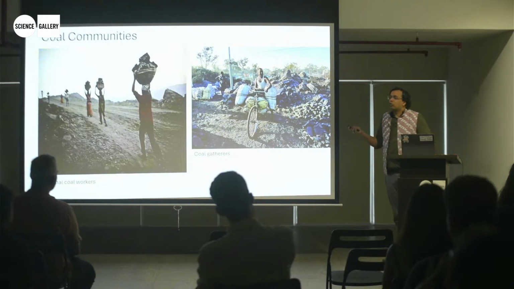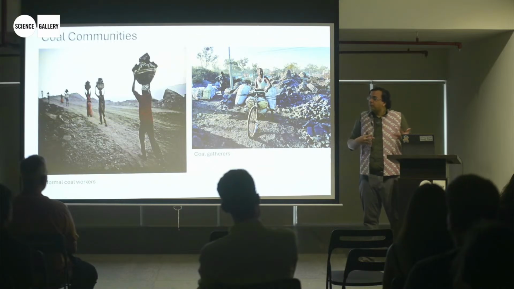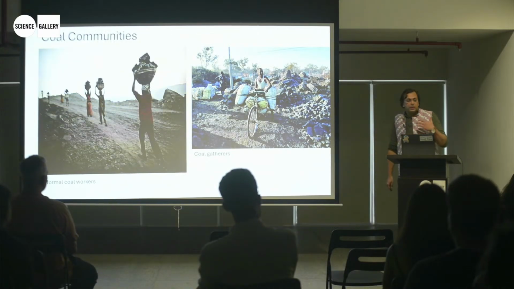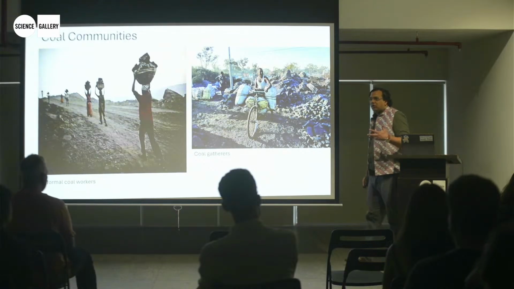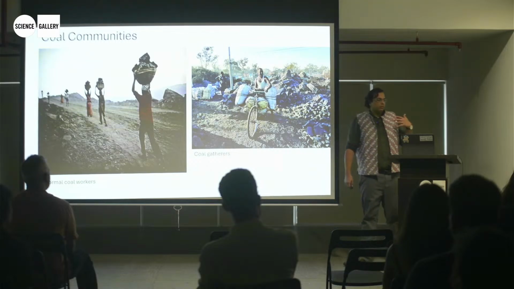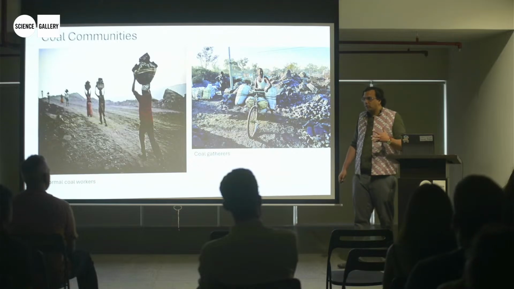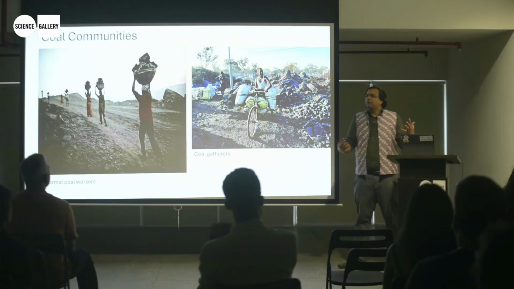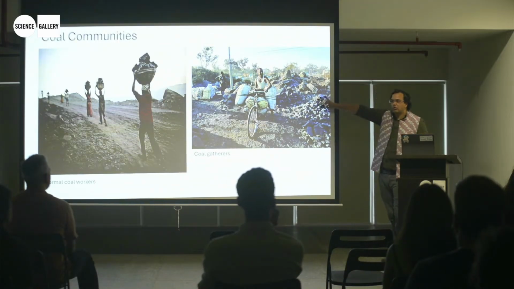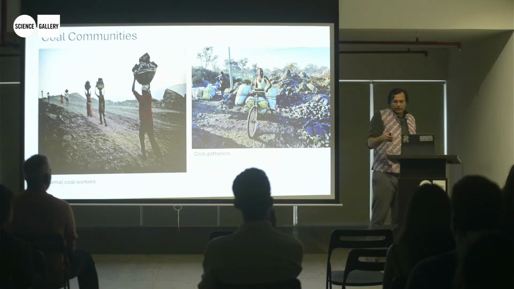And most coal mining areas are net out-migration areas, right? Other than coal-related stuff, there isn't that much employment. In districts like Korba, 60% of district GDP comes from coal mining or adjacent activities, right? 15% of Chhattisgarh's state revenue comes from coal mining royalties, right? So there's a lot of dependence, which is not just livelihood dependence, but also fiscal dependence, also economic dependence. And so that complicates the issue a little bit.